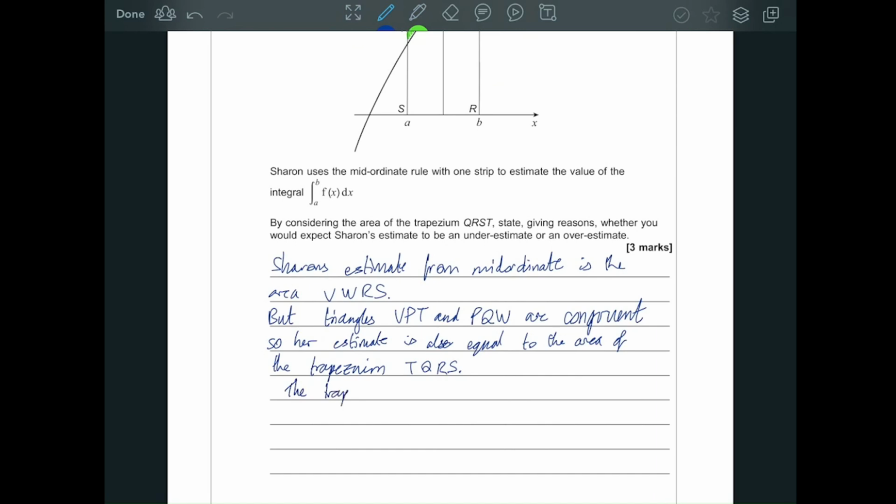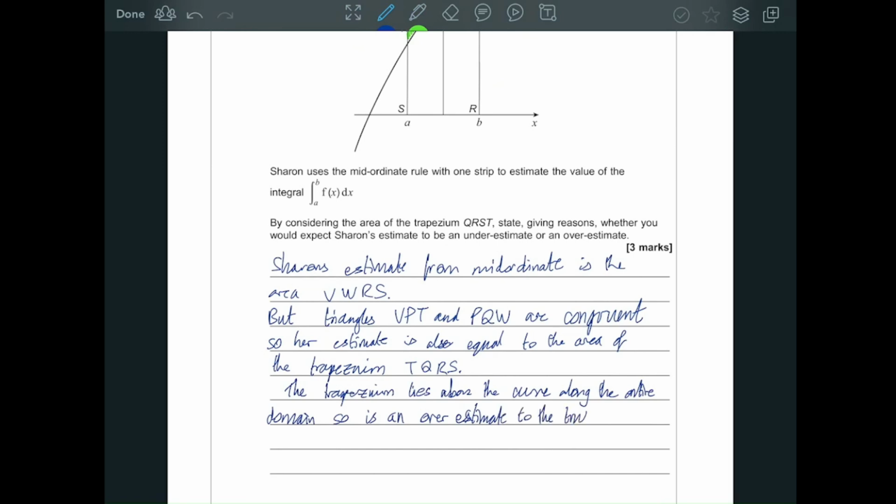The trapezium lies above the curve along the entire domain, so is an overestimate